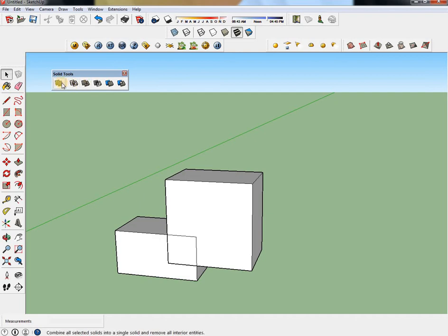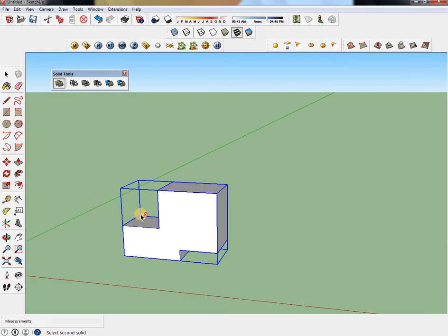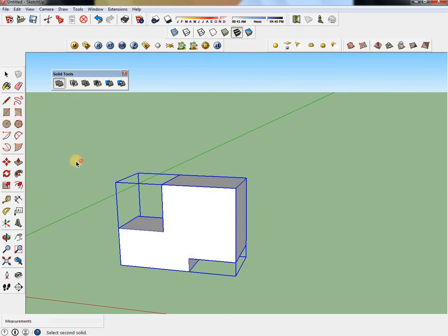First one is outer shell. So to group the elements, select the first element, then the second element. Second one,